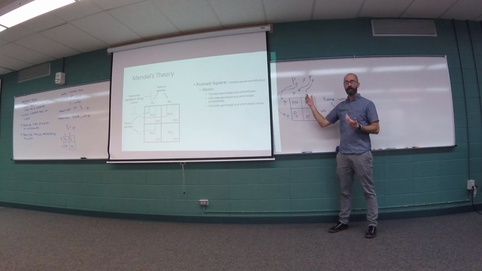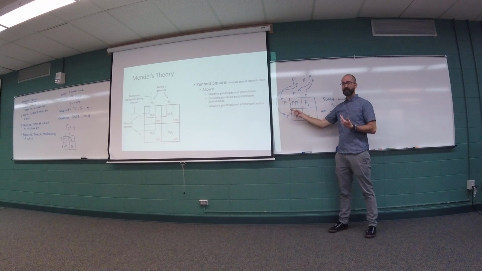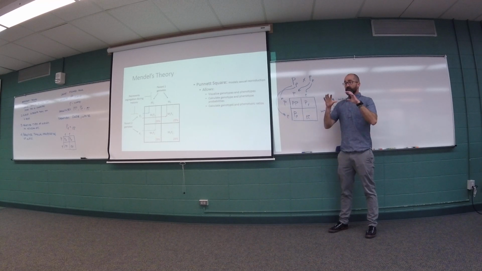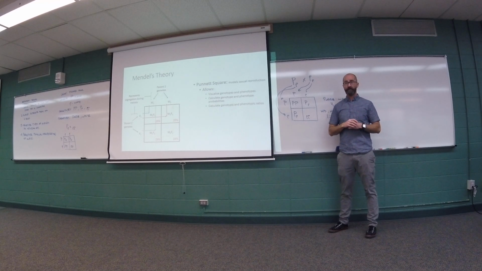And the same thing for mom, right? Mom will produce an egg cell that carries a brown allele, and mom will produce an egg cell that carries a green allele. So this allows us to look at the kinds of gametes that parents are producing. That becomes infinitely more important when we start considering multiple genes simultaneously. So, you guys, what is the probability that dad is